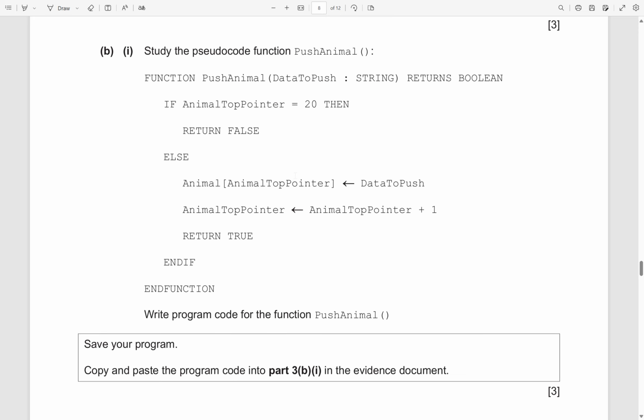Then we want to study the pseudocode for function push animal. It takes the data to push as a string, and it returns a boolean. If the animal top pointer equals 20, this means it's full, so it returns false. Else, if it's not full,